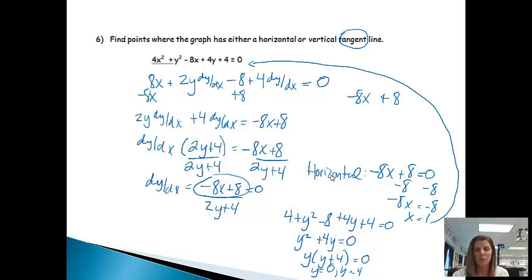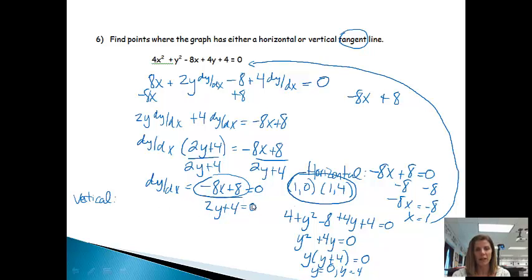So the points of the horizontal tangent lines are actually going to be at (1, 0), and then also at (1, negative 4). We're not done because we have not found vertical tangent lines, and hopefully you have not run out of room like me. Okay, vertical tangent lines would occur where the derivative equals undefined,